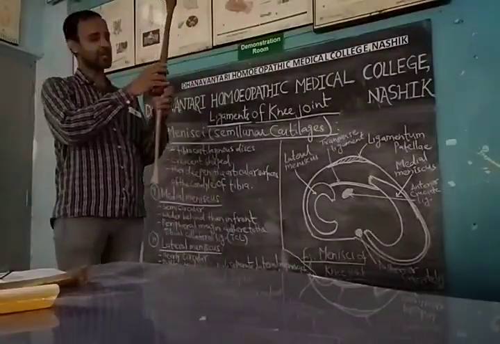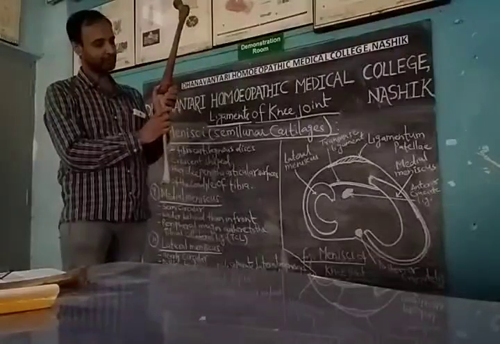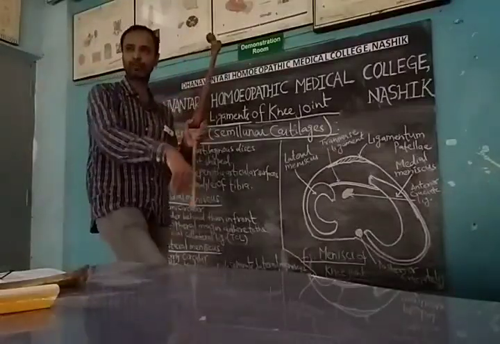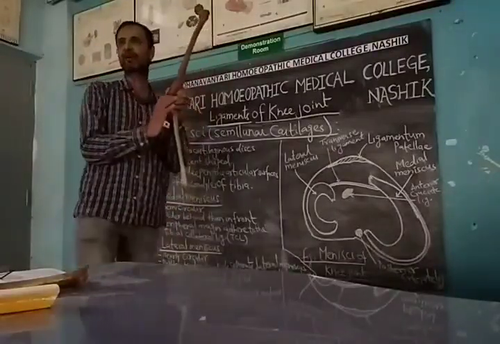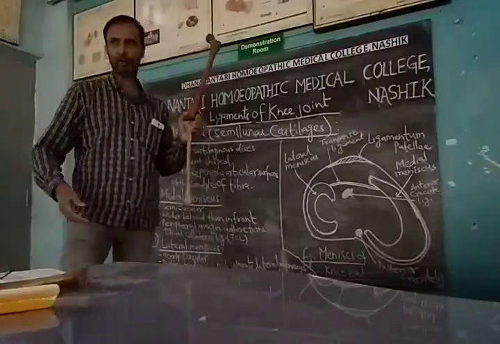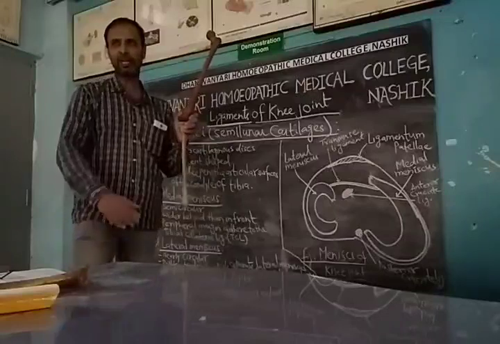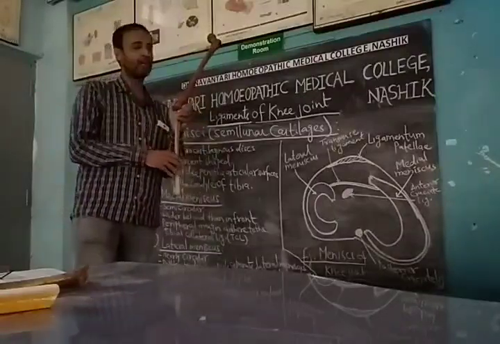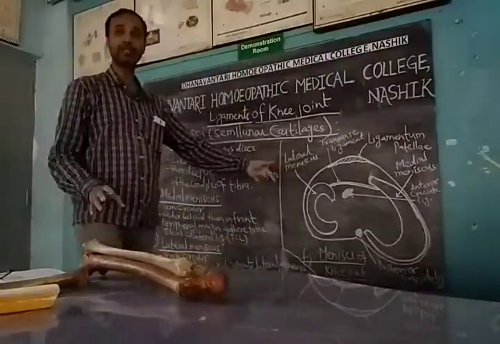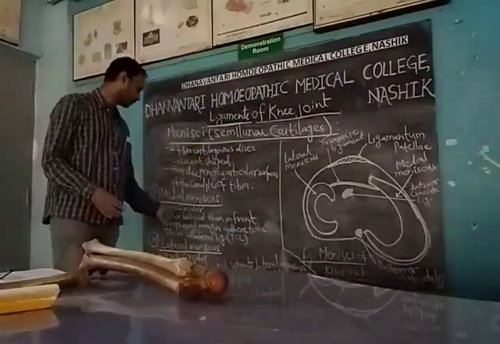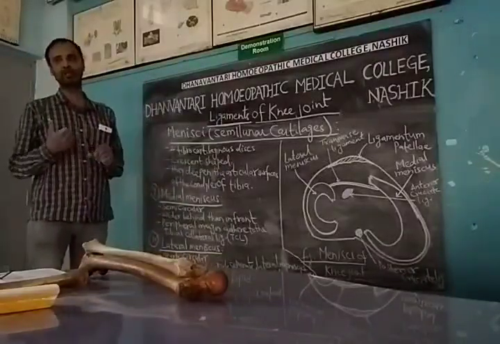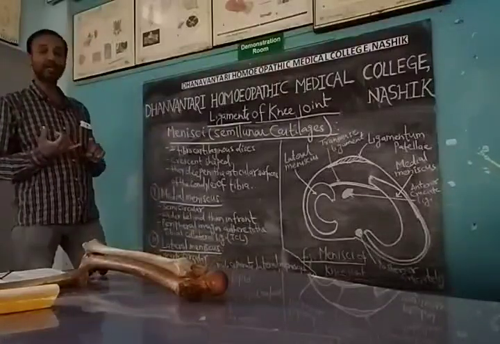Now especially regarding movement, the upper compartment helps in the movements of flexion and extension. The lower compartment is more for medial rotation and lateral rotation, that is inner and outer rotation. So this is what I have described about the menisci, both the medial and the lateral meniscus. These are the points. Now they give very strong support, of course. And what are the functions?